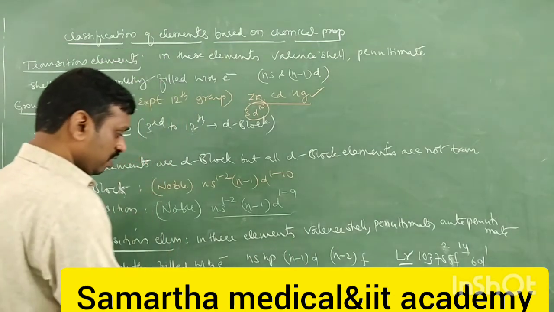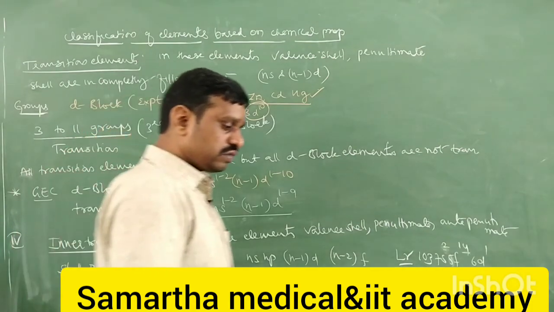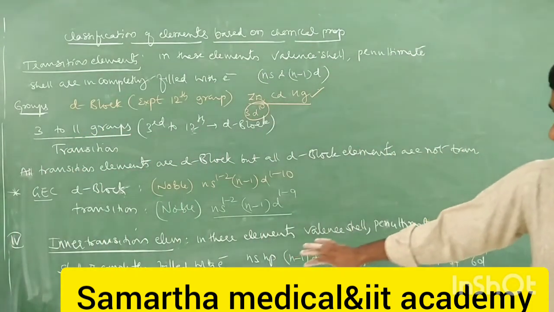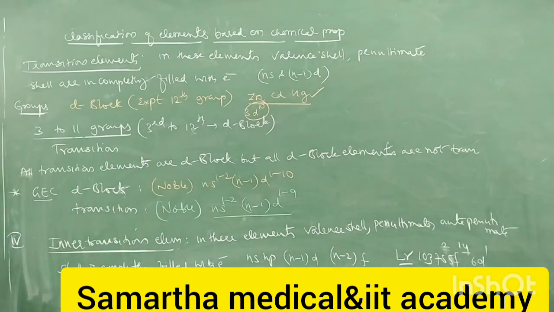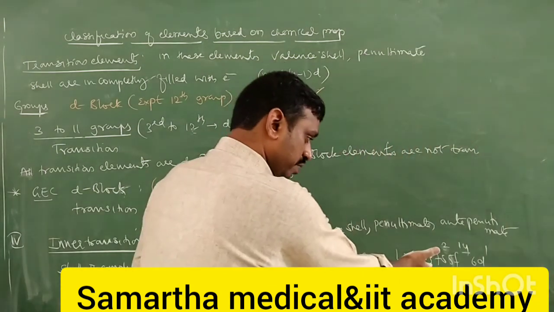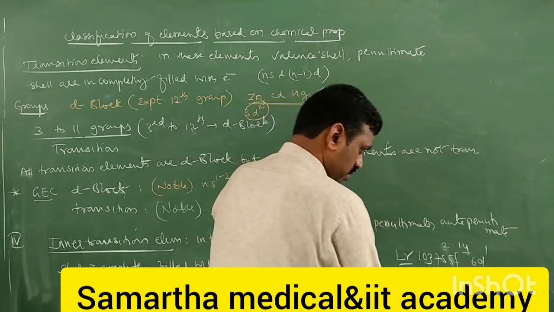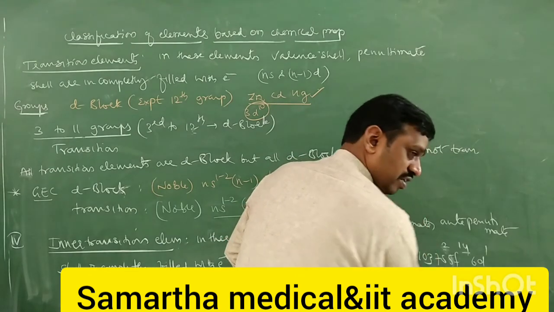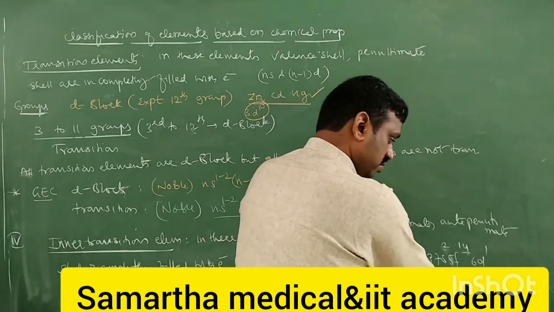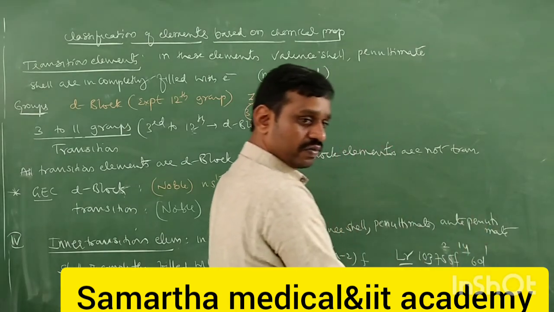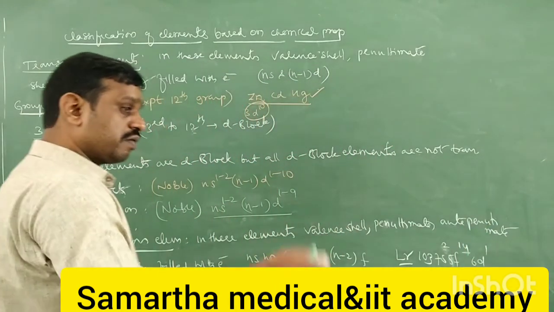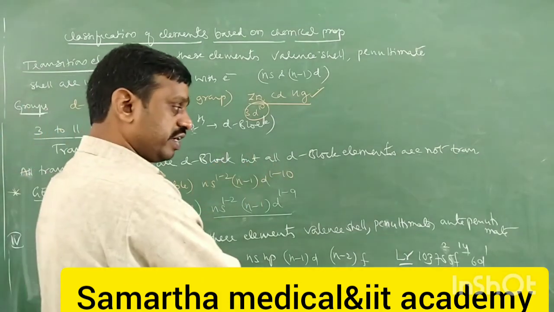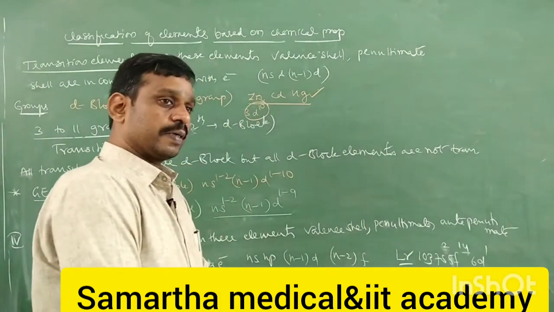But the definition we have studied in the f block element topic is: f block elements or inner transition elements have incompletely filled orbitals either in the elementary state or in their common oxidation state. So what is the common oxidation state of this? They may have +3, +4, up to +7. It means if you take any one of these, they may lose electrons and get partially filled. It means they have incompletely filled orbitals either in elementary state or in common oxidation state.